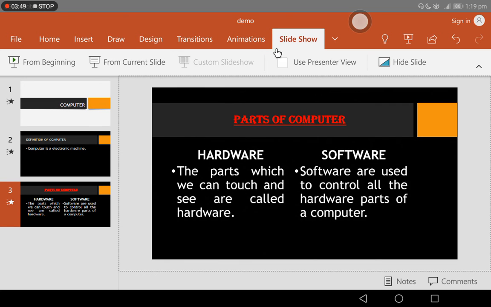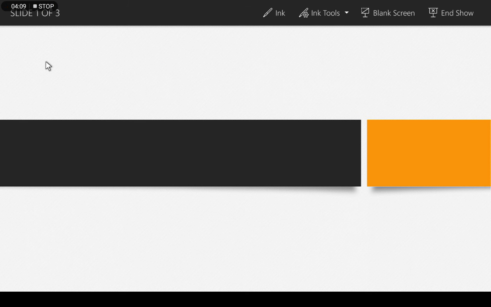we have to click on the slideshow tab, and after clicking on the slideshow tab, you have to click on from beginning. I already told you about both the options, from beginning and from current slide. So we will click on from beginning. So as you can see, we don't have our title here. So if you want to see your title, you have to just click with your mouse, or you can simply press any key, enter key or arrow key on your keyboard.